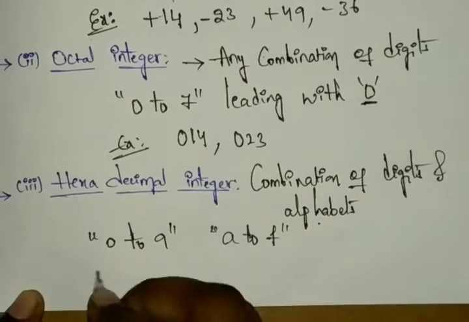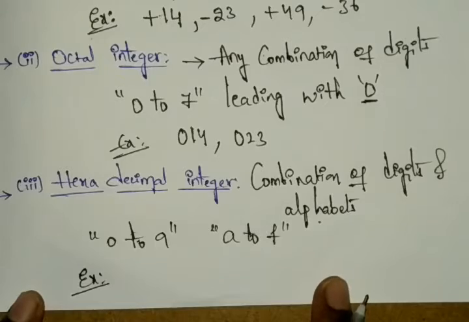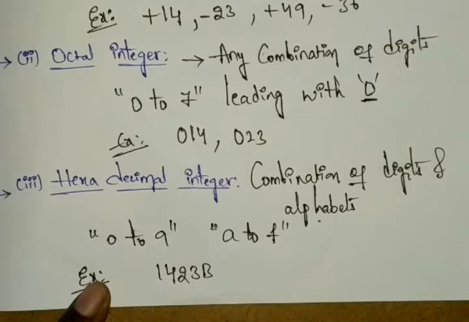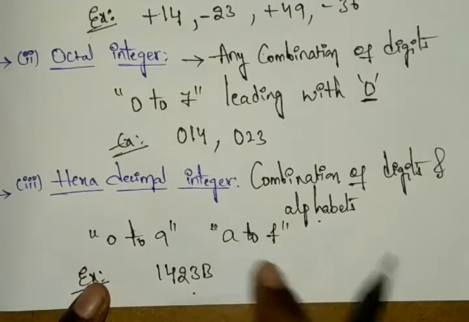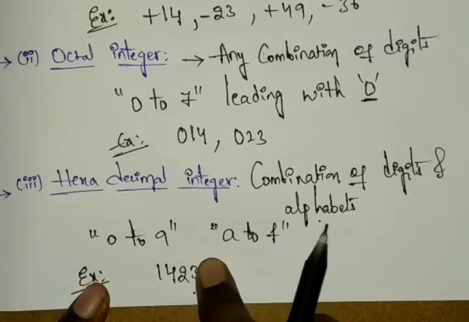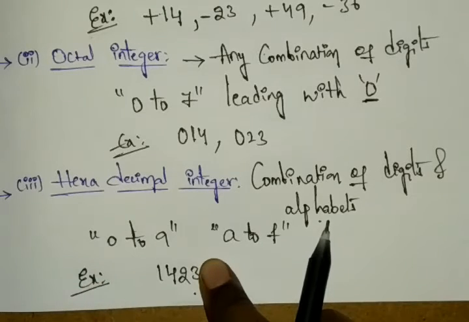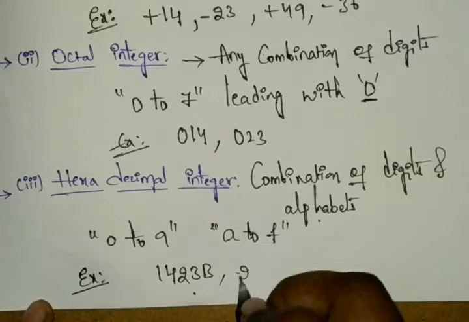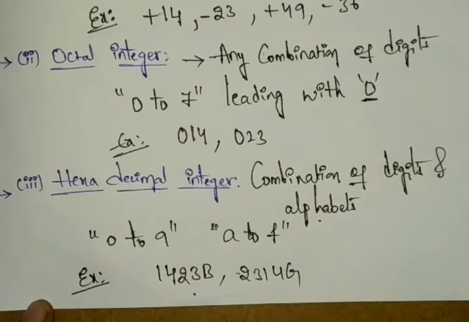So if you are writing hexadecimal values, you can identify them like this. If you are writing alphabets in it, definitely you can say yes, this is a hexadecimal integer. If you are not writing any alphabet, it is a decimal integer. If you are writing any alphabet, it is a hexadecimal integer. And next, whatever information you have, you can give names. Like this we can write our hexadecimal integers.